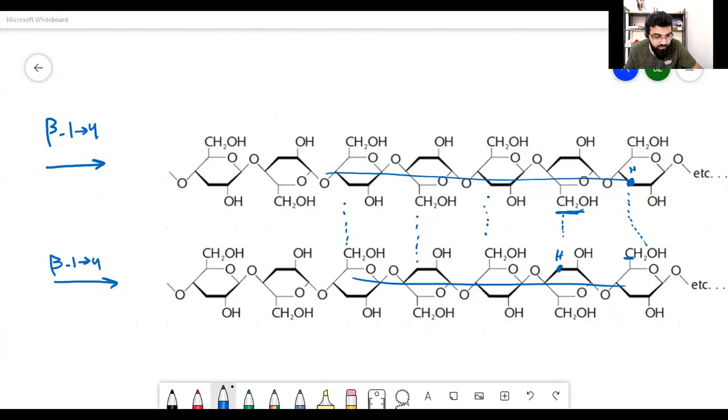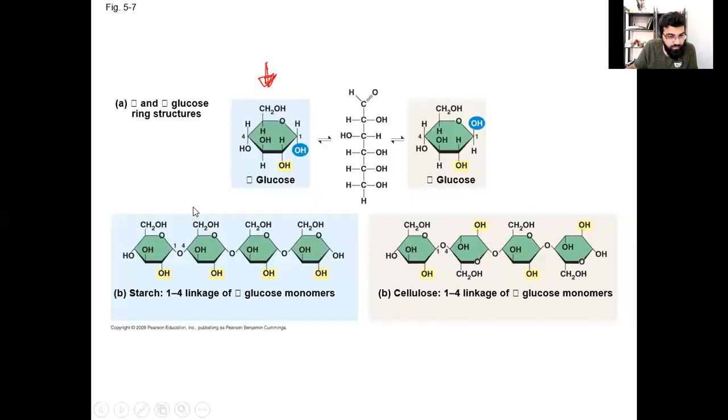Again, here, tell me, is this glucose alpha or beta? Which one? This one. We can't see it. You're on the same one as before. We're still on the double chain. Oh, sorry. Now?